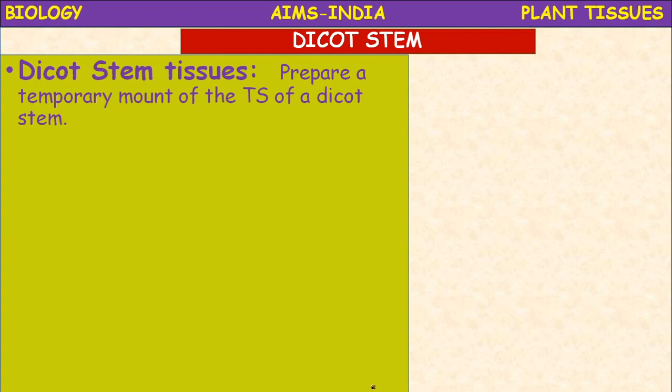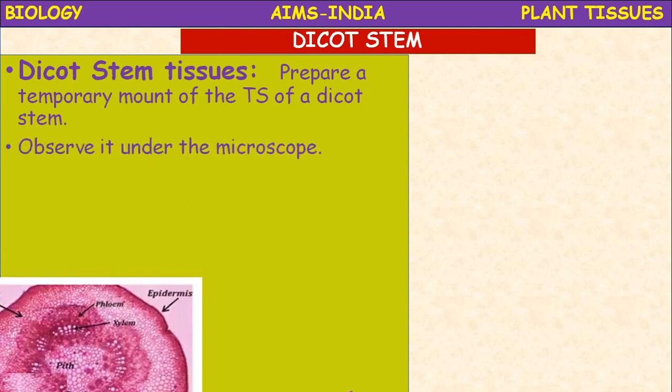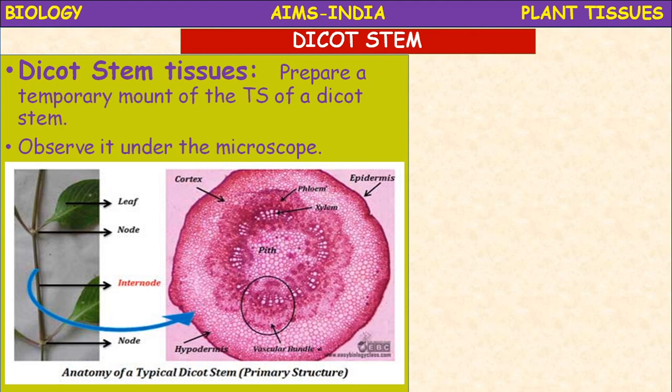Okay, you can find some tissues when you observe under the microscope. So observe it under the microscope and draw the image also. It will look like this. If you add safranin, then you can prepare a colored mount, so that you are able to observe the different types of tissues. You can find meristematic tissue, and you can also find vascular tissue, ground tissue, and dermal tissue. All four types of tissues you can see in this mount.